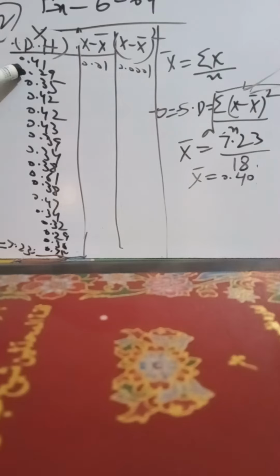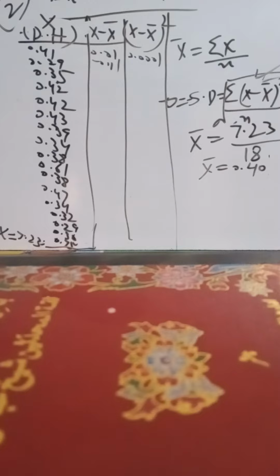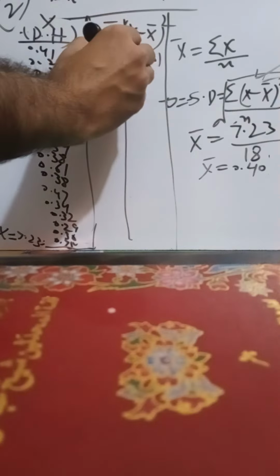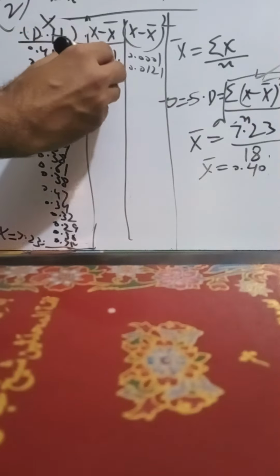Okay, now I am doing it directly for all observations by using the same formula. I will subtract each x, because each value of the data is x, from the average. The next one, 0.29 minus 0.4, the value is minus 0.11, and its square is 0.0121. Now the next one, doing the same thing, 0.35 minus 0.40 is minus 0.05, and its square is